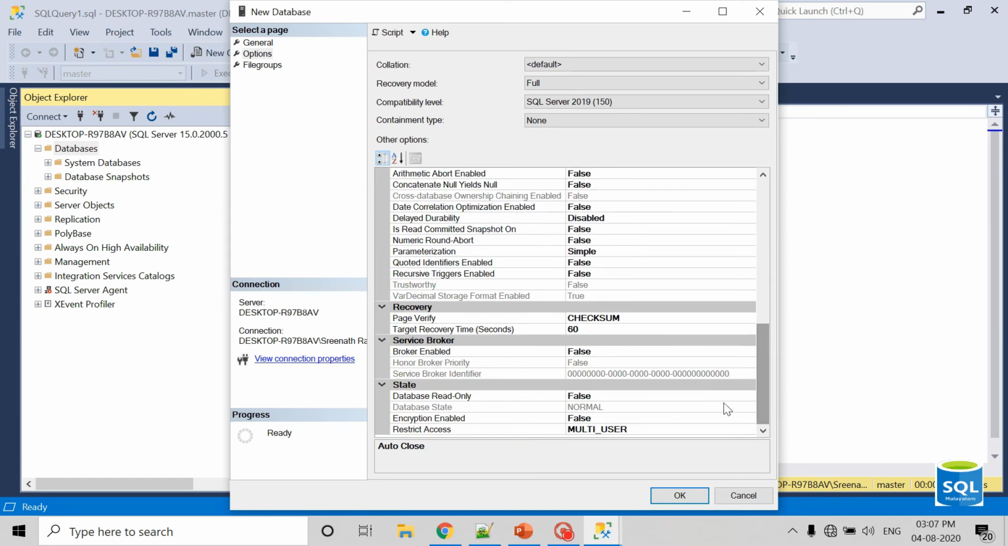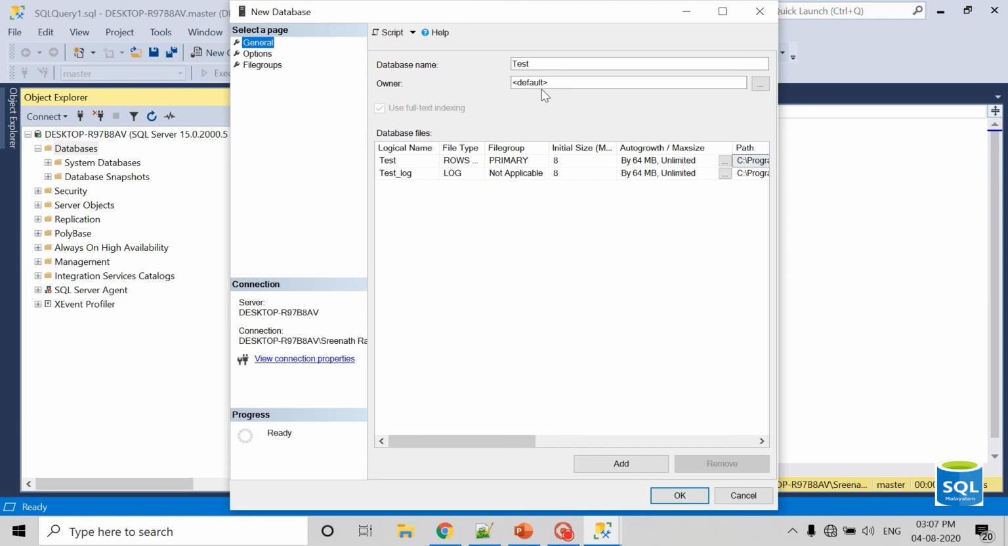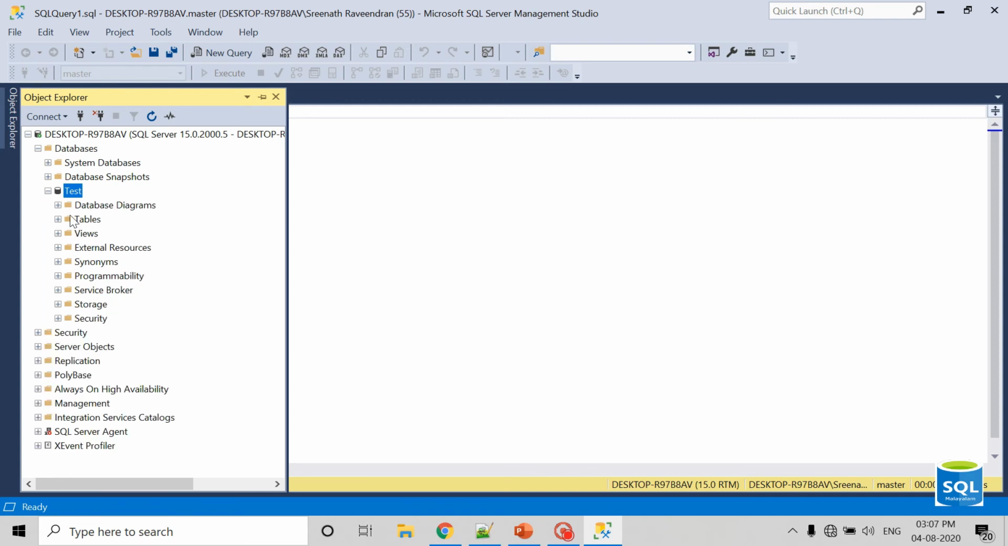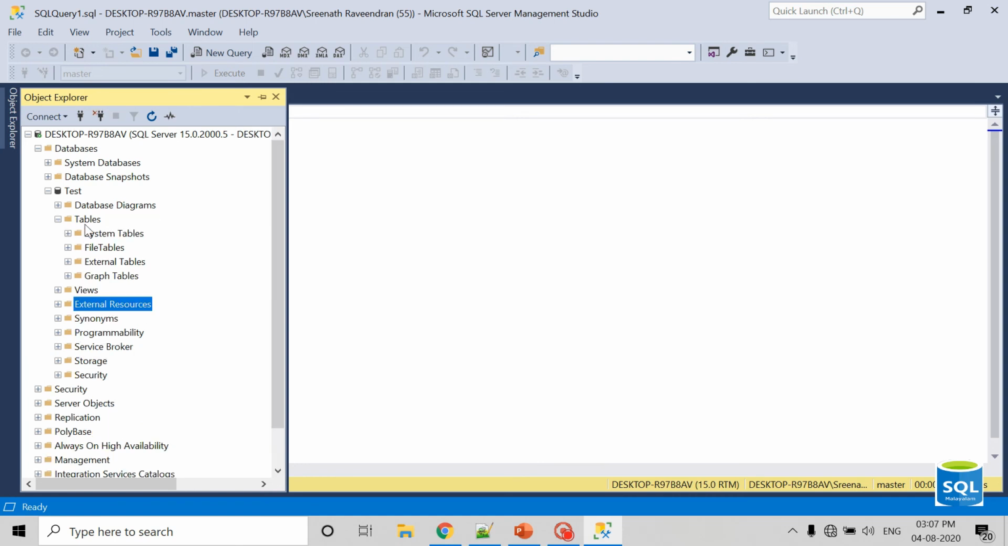These are all configurations which we can change later also. Right now I've given the database name as test, and I click on OK. So it created a database with the name test. If I open the test database, we have different folders like database diagrams, tables, views, external resources, programmability, security, storage, all those things. Right now these tables will be empty because I didn't create any table, and the database